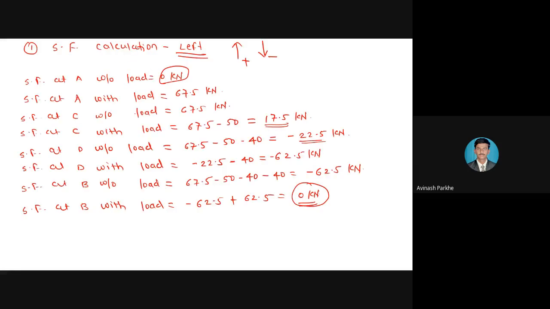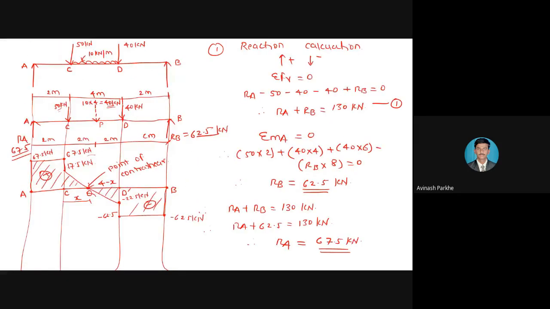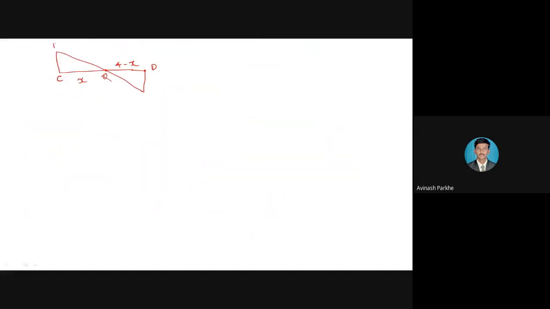The magnitude 17.5. ट्रायंगल कुठं संपतोय बघा, 17.5 जी काय मॅग्निट्यूड आहे तिथं ट्रायंगल संपतोय. तसंच खालच्या बाजूला जे काय निगेटिव्ह ट्रायंगल आहे तो कुठल्या मॅग्निट्यूडला संपतोय ट्रायंगल, तर -22.5. डोंट टेक द -62.5 कारण तिथून तुमची व्हर्टिकल लाईन आहे. सिमिलरली at the top figure, don't take the 67.5 because your triangle will end at this particular point only. Therefore, here 17.5 and here 22.5. Don't take the negative sign.